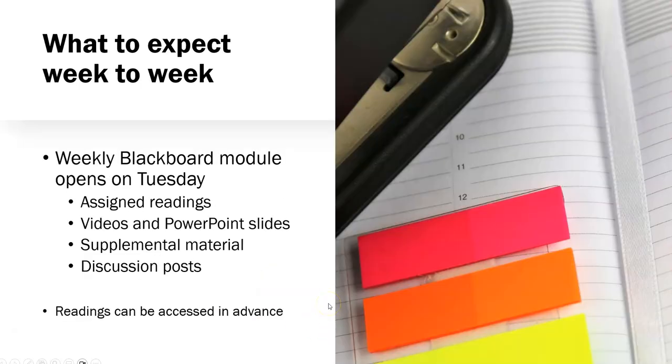So what to expect week to week? This class meets on campus on Wednesdays. So I'm going to use that as my launching point each week. But I'm going to open up the weekly Blackboard modules on Tuesday. And in that Blackboard module, you'll find the assigned readings for the week, along with videos and PowerPoint slides. Any supplemental materials like links to resources I found or additional readings or resources about upcoming assignments, that will be posted there along with the link to that week's discussion posts and perhaps quizzes or other assessments that are due